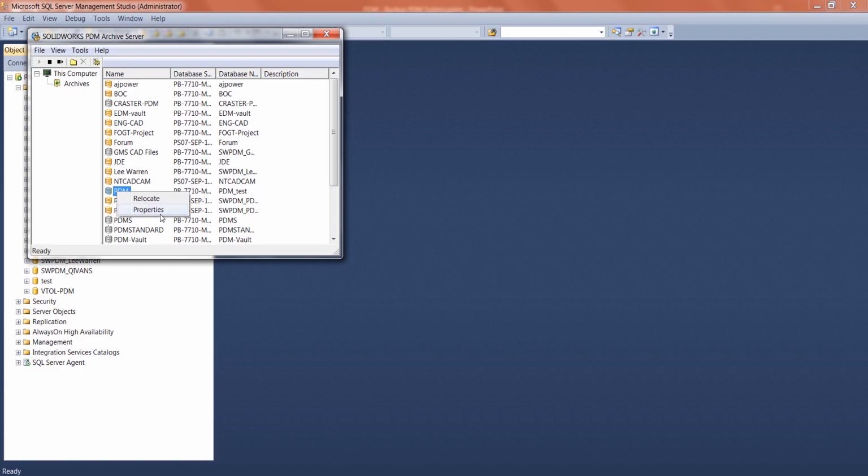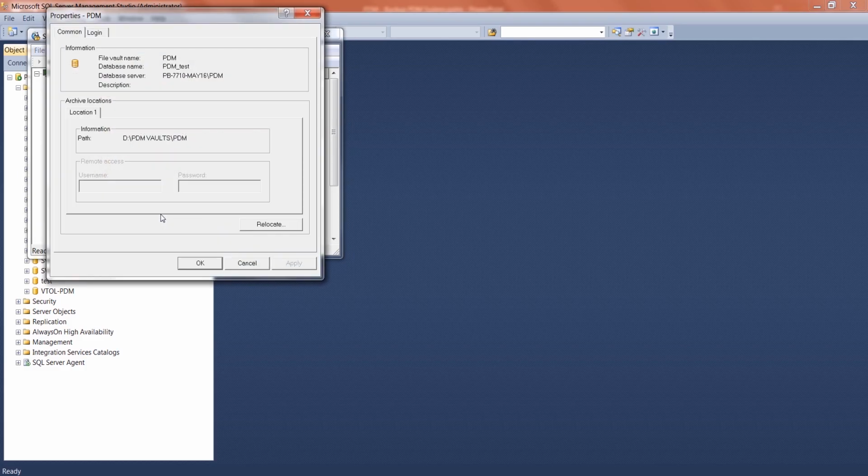And by right-clicking on one and going on to Properties, you can see where the path is of the archives to be backed up. So you can either manually create backups of the folders underneath this path, or you can direct your backup software program to include this path and any subfolders in your backup regime, whether it be daily